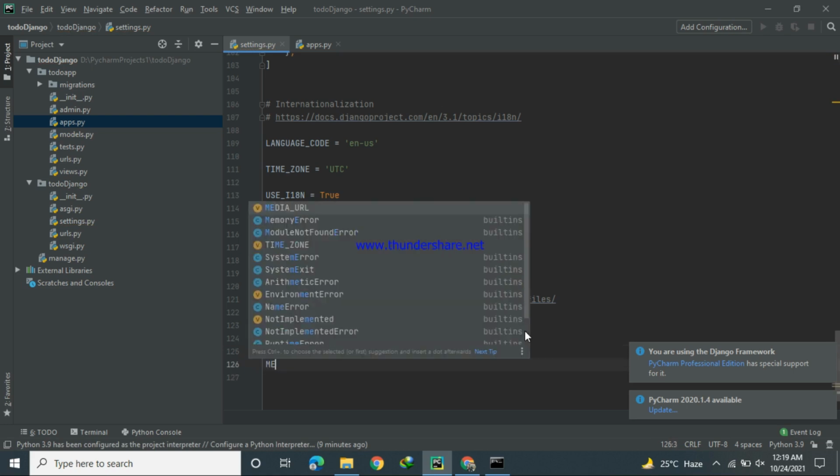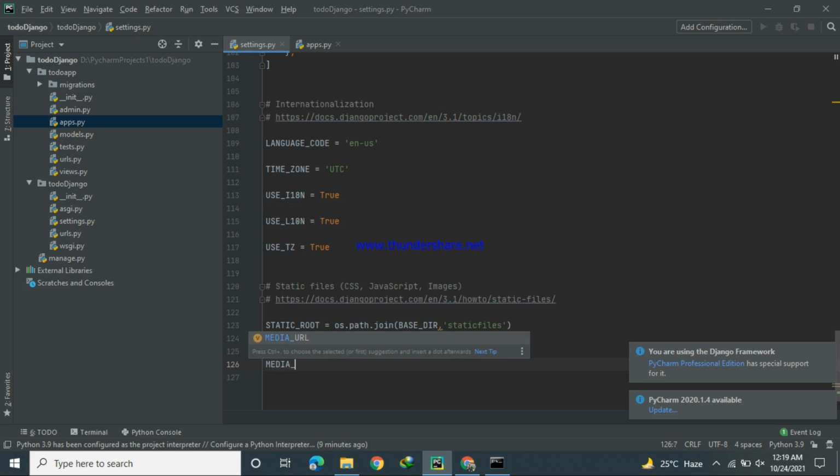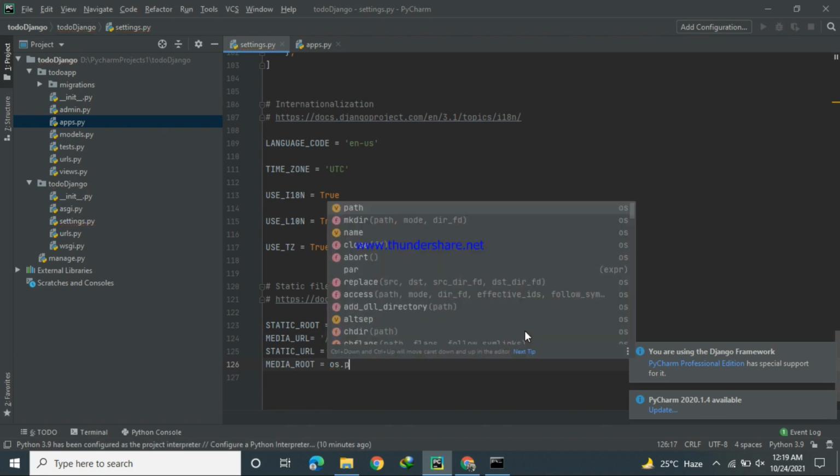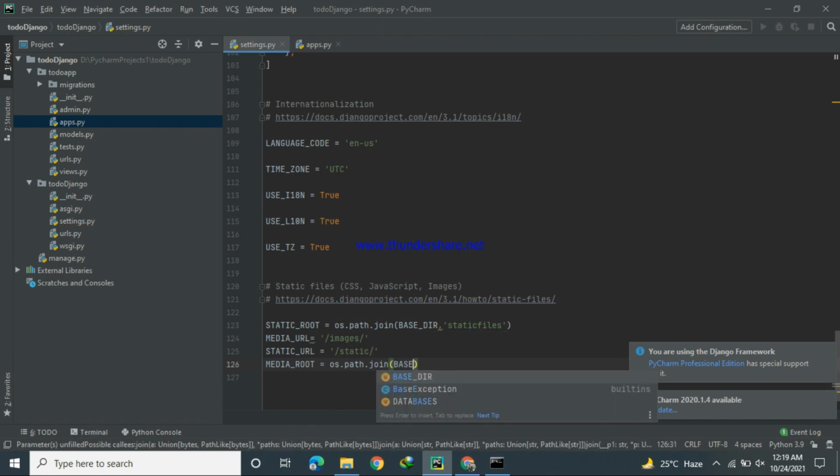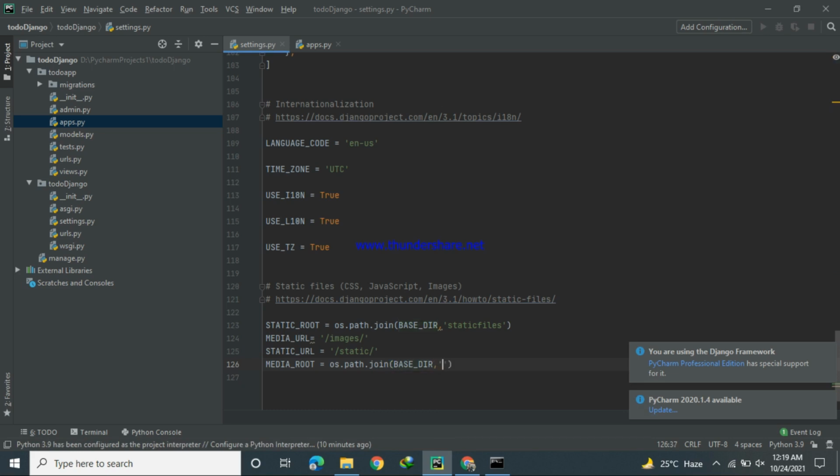MEDIA_ROOT is os.path.join, base directory. Which is the base directory? Base directory is images. Okay,